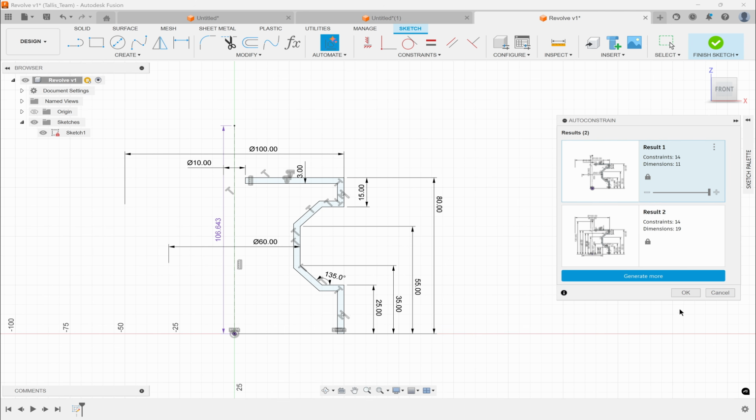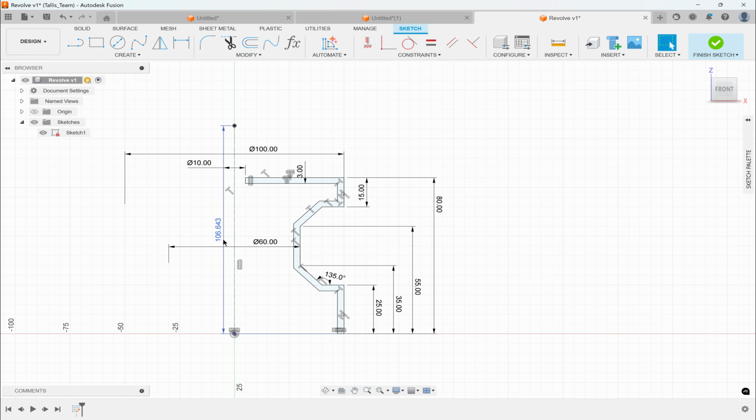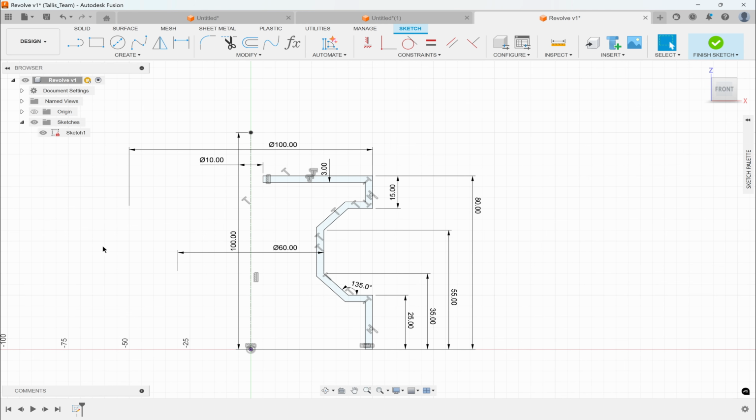Okay, so I'm going to go ahead and hit OK. And who cares what this length is? I'll just say 100 or something like that. But now we can see that that sketch is fully constrained. So believe it or not, I'm going to undo. Believe it or not, it was because of this